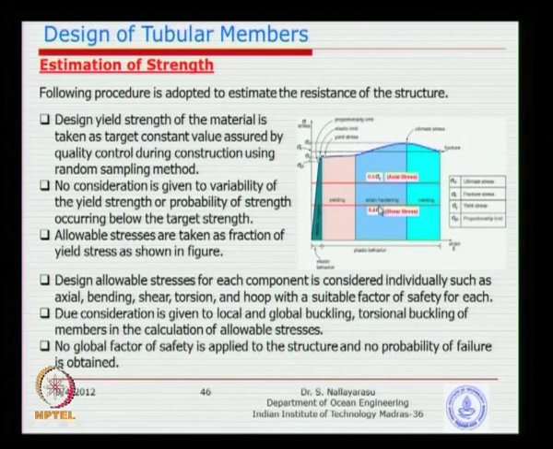So, shear, if you look at, most of you might have studied shear stress distribution across a cross section, there is no way shear can redistribute across the section, because the maximum is at the center and cannot go to the extreme ends because it is unsupported. So, that is one of the reasons that shear failure should be prevented at any cost. So, you should keep the allowable stress at a lower percentage of the yield.